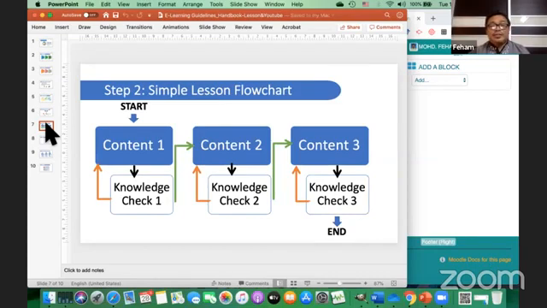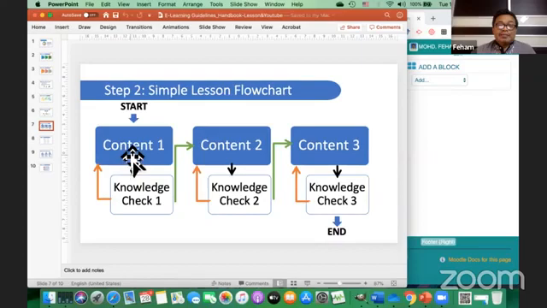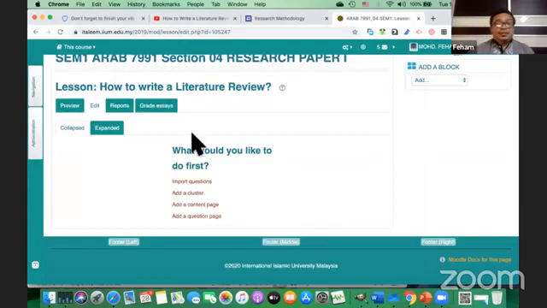I have content 1, 2, and 3, and then knowledge check 1, 2, and 3. So I will create content, and right after content, I will create knowledge check 1, which is like a question, and then move to content 2, create a question again, check 2, then create content 3, and check 3 and end. So I create a content page.